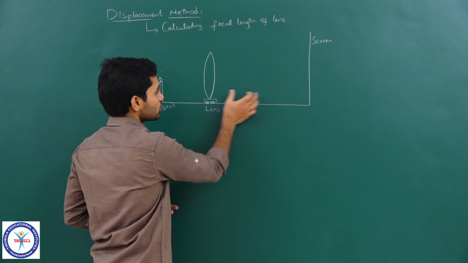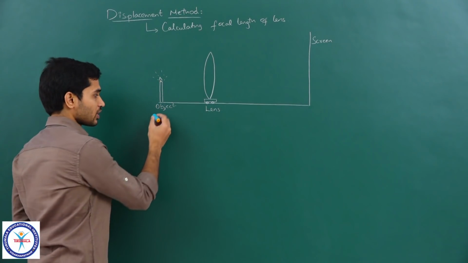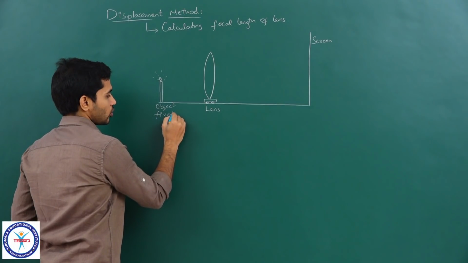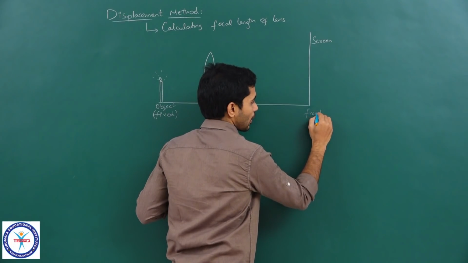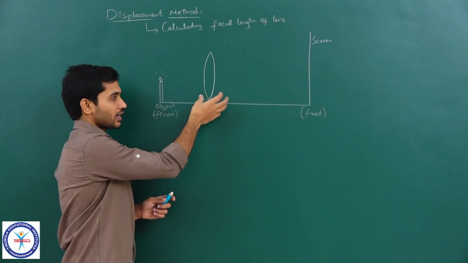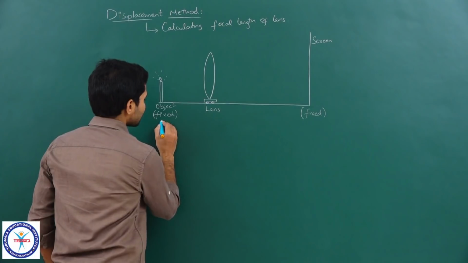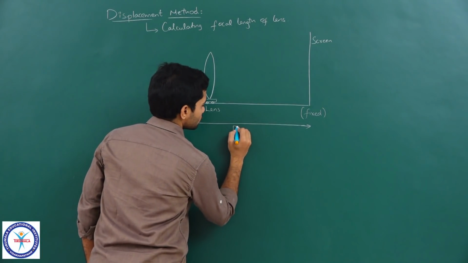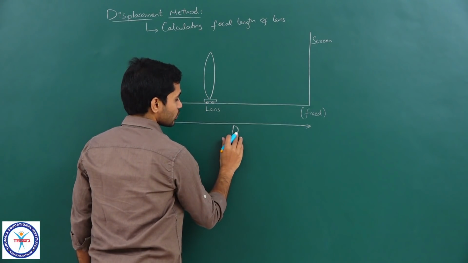Basically we can change the position of the lens between the screen and the object. So, remember that the object is fixed, so the object is not going to be changed, the screen is also fixed. So, the only moving thing in this apparatus is the lens. So, I can adjust the position of the lens, clear. So, that is the basic scenario. Now, let us take some values here, I mean parameters which we take usually. So, the distance between object and screen is represented with a capital D.